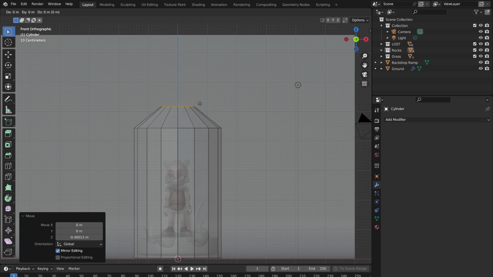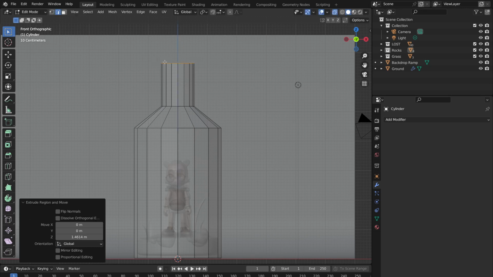I'll press E again. That will extrude. Z to bring it up. So you can kind of see you're creating the neck of the bottle at this point. And then finally, we want a bit of a lip to the bottle. So we'll press E, and that will extrude some vertices, but we don't want to extrude them up. We want to extrude them,